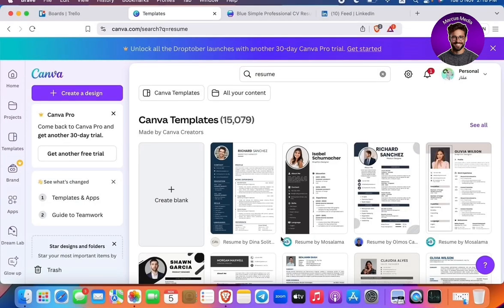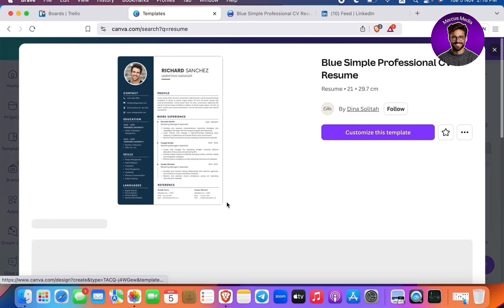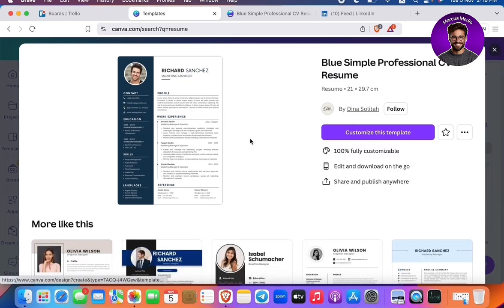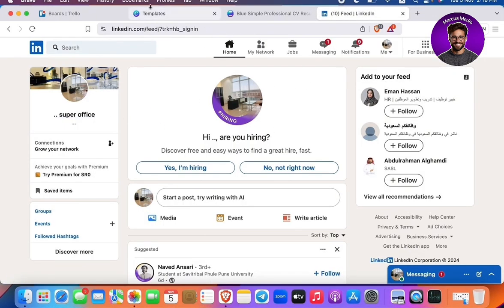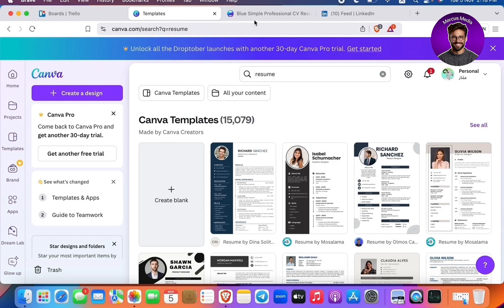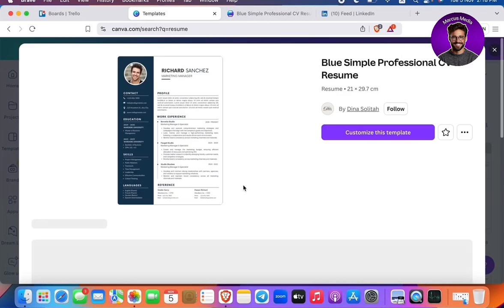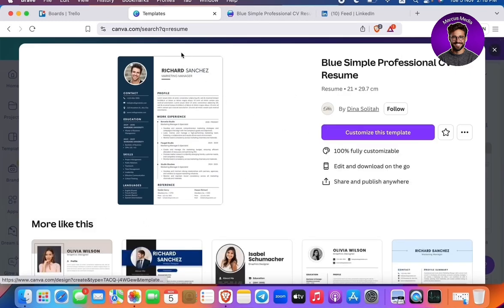How to add a LinkedIn link to your resume on Canva. So basically, log in with your account. I already searched for "resume" in my search bar, and I chose this resume already, right? So I'm going to click right here, customize this template, and make sure that you log in with your LinkedIn as well. Okay, now what you're going to do after you select that resume, right, you will be redirected